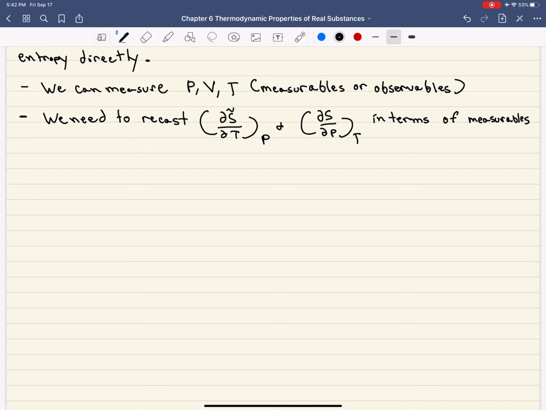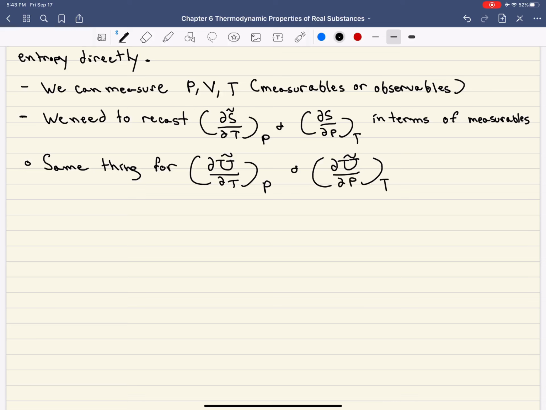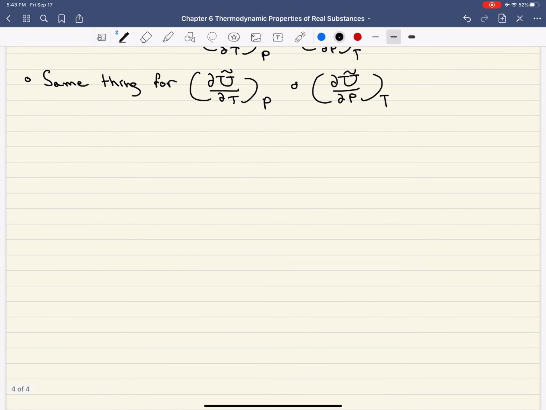Okay? And, well, of course, one would have to do the same thing for dU/dT and dU/dP. Okay? All right, and so really the main point of this chapter, of chapter 6,